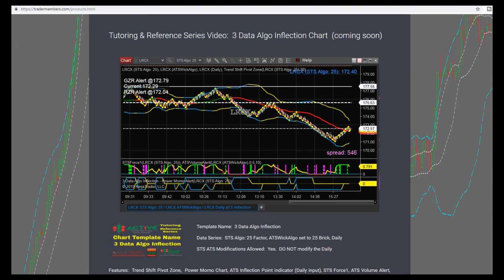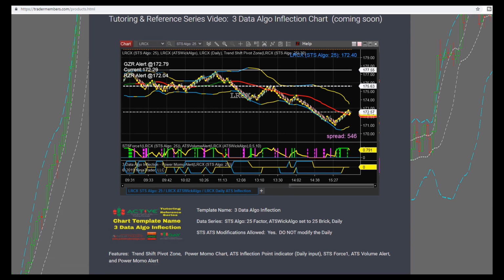We have a different section for the futures charts, and we're taking each chart one at a time and showing all the indicators that are on the chart, telling a little bit about what they tell you, showing you where the scanners are located to scan for the inflection points that are shown on these charts, as well as at the very end of each of these